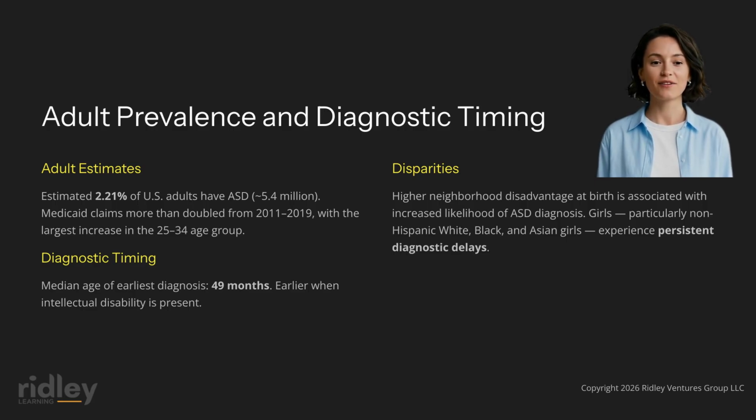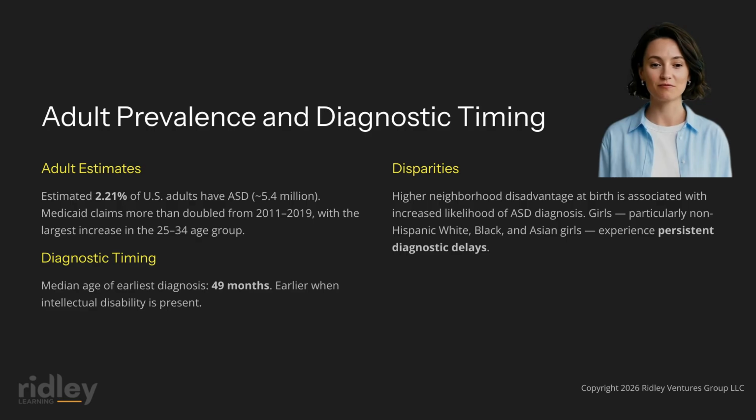The median age of earliest known ASD diagnosis among 8-year-olds in the 2020 ADM data was 49 months, or approximately 4 years and 1 month, with site-specific variation from 36 months in California to 59 months in Minnesota. Children with co-occurring intellectual disability were diagnosed earlier, at a median of 43 months, than those without, at a median of 53 months. You and colleagues in 2024 reported a median diagnostic age of 3.53 years, with the middle half